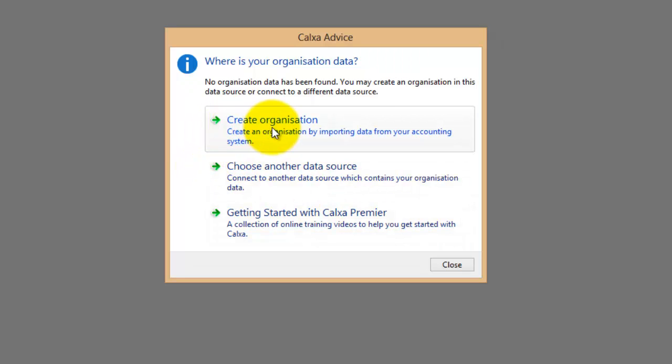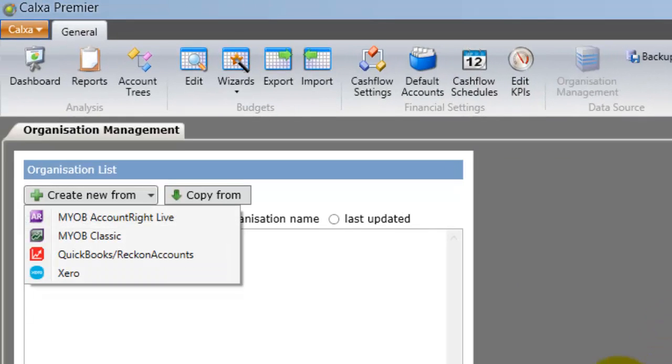Because we've just created a new database, it is empty and we need to create our organization. If this is a new Calxa setup, you will use the Create New From button to link to your accounting system. Just choose the appropriate one from here. However, if you have some existing data in another Calxa database, perhaps a local database that you're upgrading to a network database, you'll want to use this option to copy the organization from it. You can check the Step 1 support notes or videos in the Getting Started series on how to create new